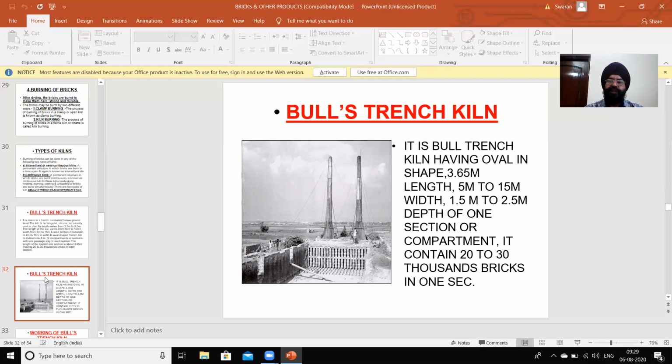So it is Bull's trench kiln, oval in shape, 3.65 meter length, 5 to 15 meter width, 1.5 to 2.5 meter depth of one section or compartment. It contains 20 to 30,000 bricks in one section.